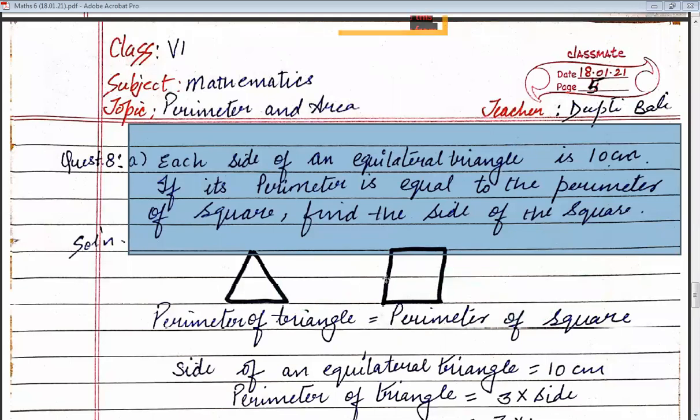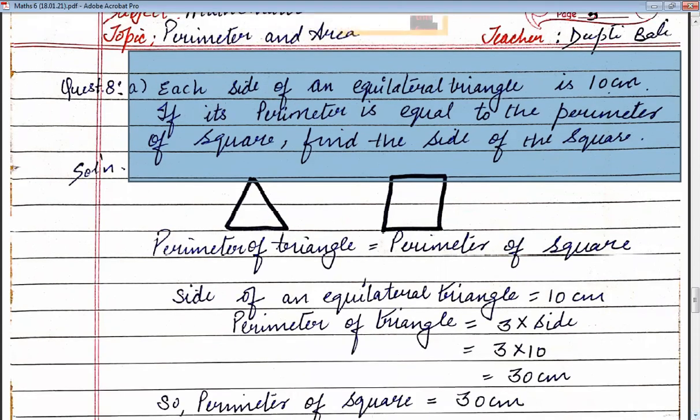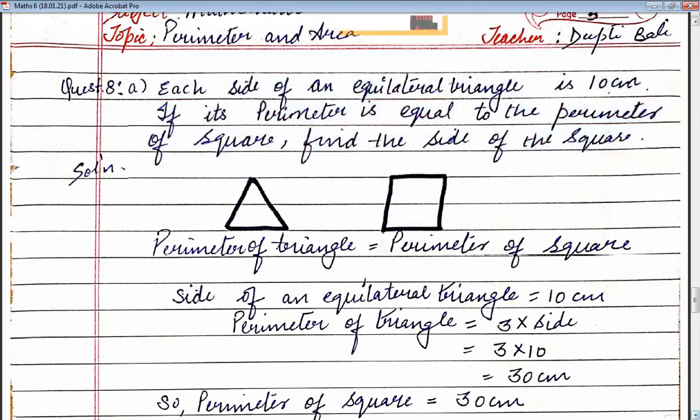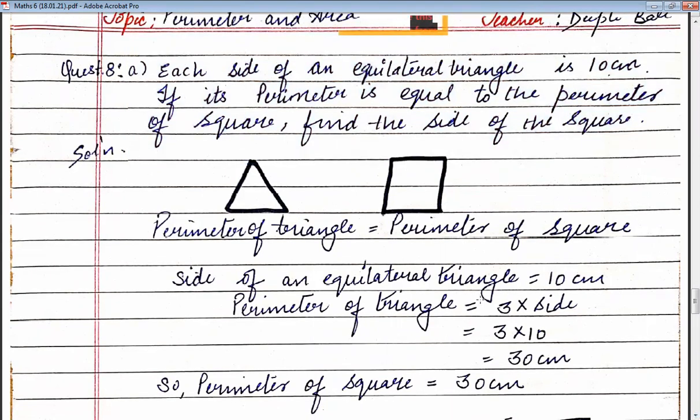Okay. So now this is 30. This is also 30. Now you have to find the side of the square. Now you have the perimeter of square. Now you have to find the side. So children, do you remember next set of formulas? I have just told you how to find the side. You just have to divide the perimeter, that is 30, by 4 because there are 4 equal sides. So you have to divide 30 by 4.